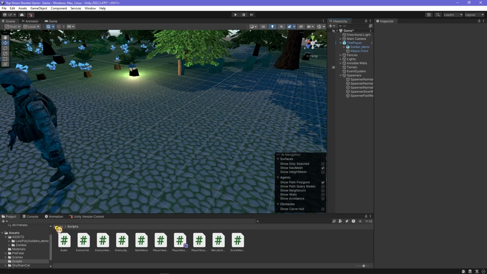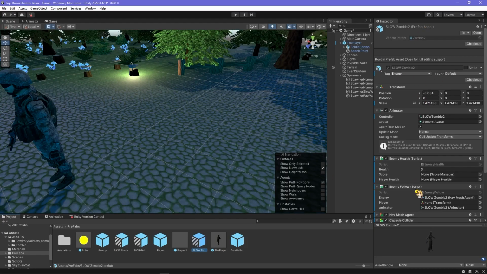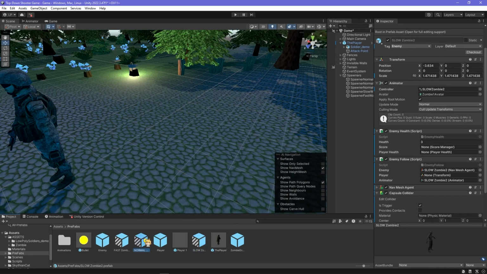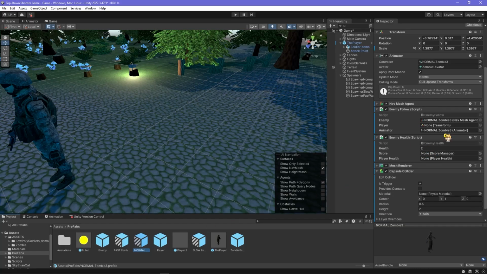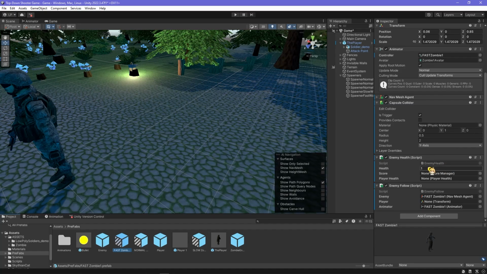You can do that with a bunch of enemies. As you can see right here, we made 3 enemies. We have slow zombies, which are tanky, 3 health, normal zombies, which have 2 health and are not so fast, and the fast zombies, which are really quick but only have 1 HP. Now that we have our enemy prefabs ready to go,